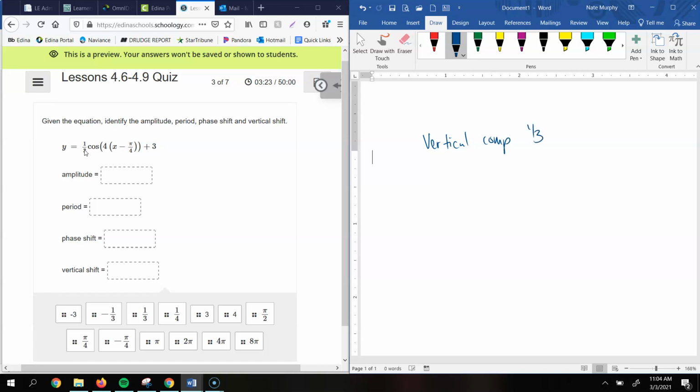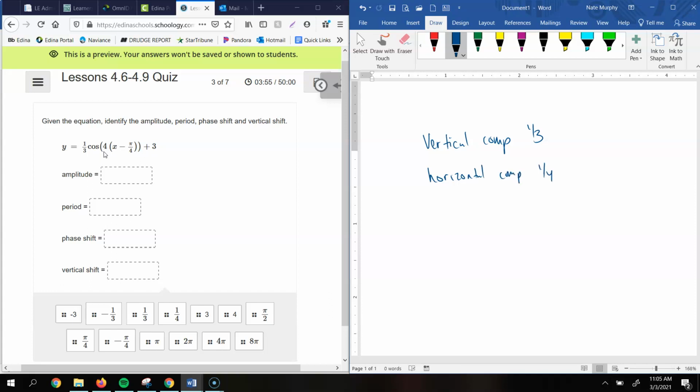So I'm just going to say this is a vertical compression of 1/3. The 4, now I did this, I was nice to you. Instead of having this all as one piece, I already factored out the 4 there, so you can see it's 4 times that quantity. So that 4 represents what's happening to the graph horizontally as far as if it's going to be stretching or shrinking. Remember, we have to take the reciprocal of 4, so that'd be 1/4. So this would be a horizontal, since that's less than 1, it's going to be a horizontal compression of 1/4